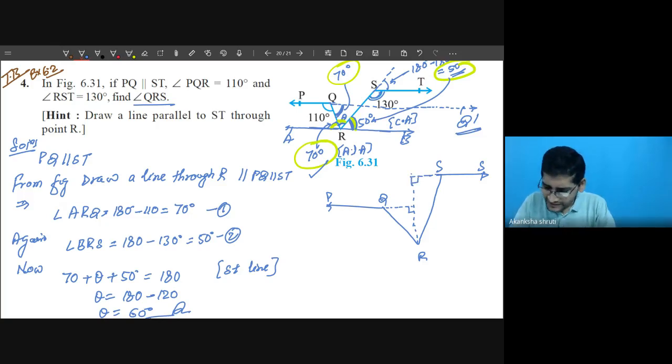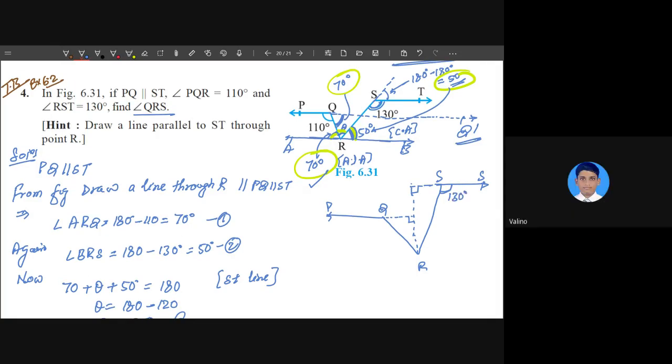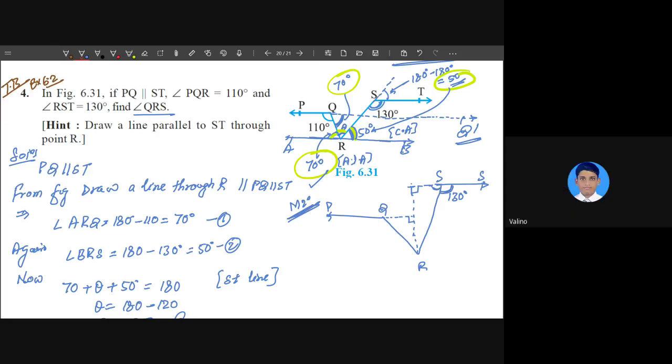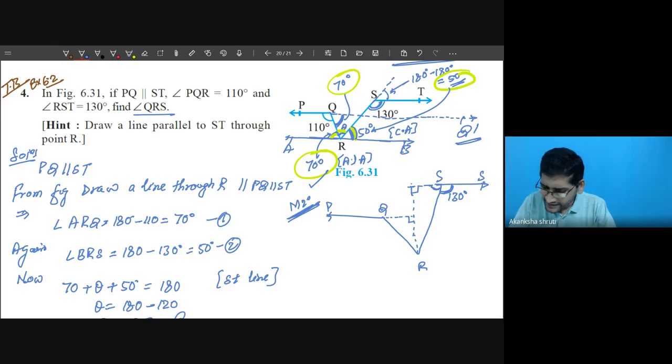Okay student, here it is given as 130 degrees. What will be this angle? Can anyone tell? This is our method number 2 that we are doing through this construction. I will calculate this inside angle. How much is this? It is 180 minus 130. So this is our 50 degrees. This way this 50 degree angle is calculated.